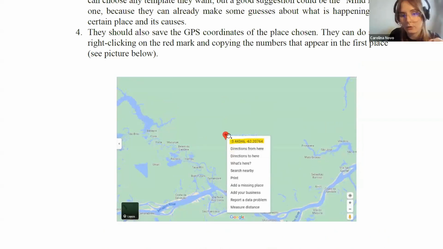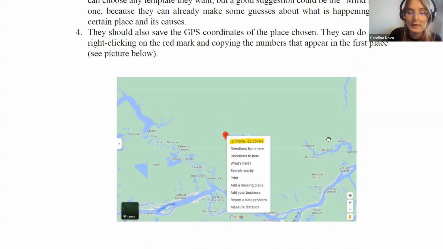So if they click on these red points, they will see the coordinates. Maybe they don't know very well what coordinates are, or do they know? But well, we ask them to keep this. They can copy this information and keep it in some place, because they will need this later in another activity.